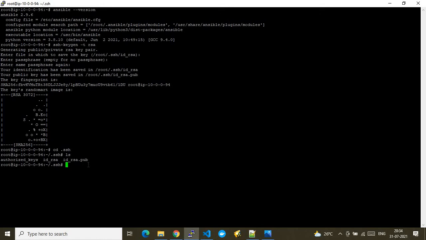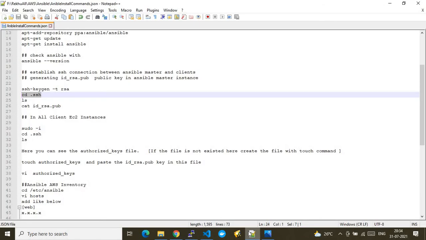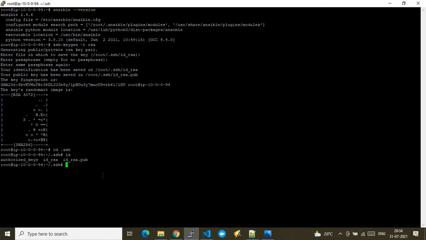Yeah. So now, to copy the public key of this VM, I need to do a cat of the id_rsa.pub file.